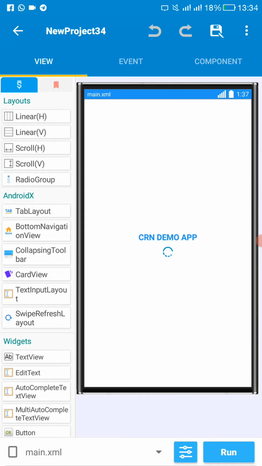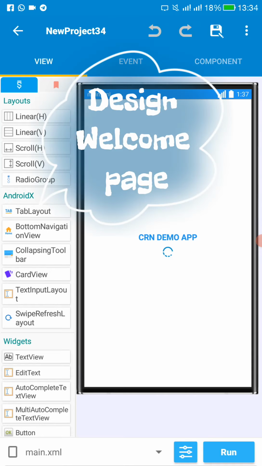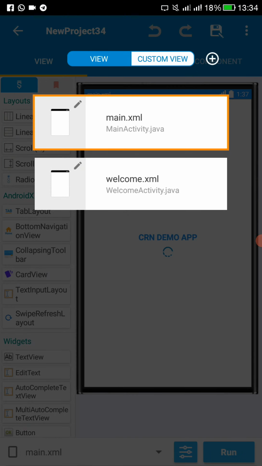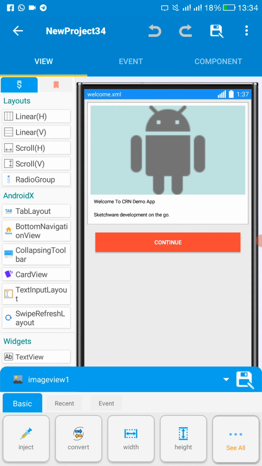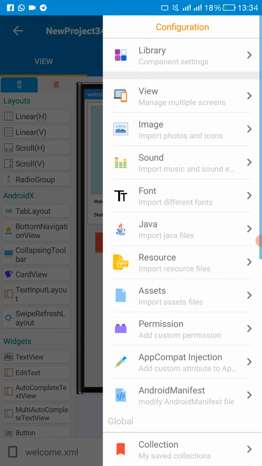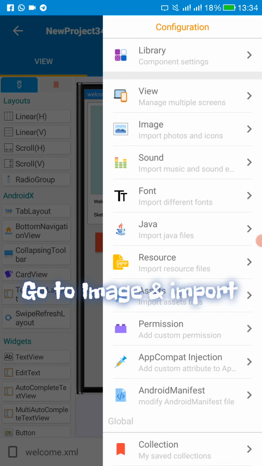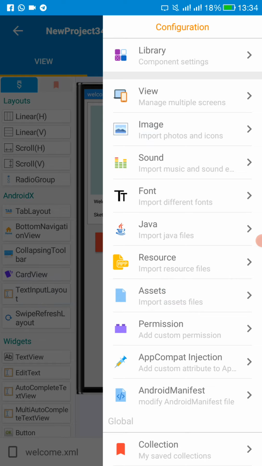Hello friends, in this tutorial we continue from where we left off. That was the welcome page. So from the welcome page, let's add an image view. We had that image view there. So to add an image view, go to your menu, then click on image,